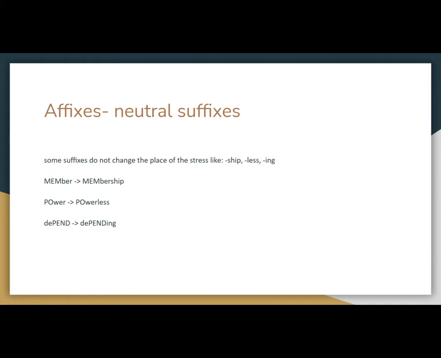All right. Then for suffixes, if prefixes go on the front of words, suffixes go on the end of words. Suffixes go on the end of words. So some suffixes do not change the place of the stress, like -ship, -less, -ing. So membership,